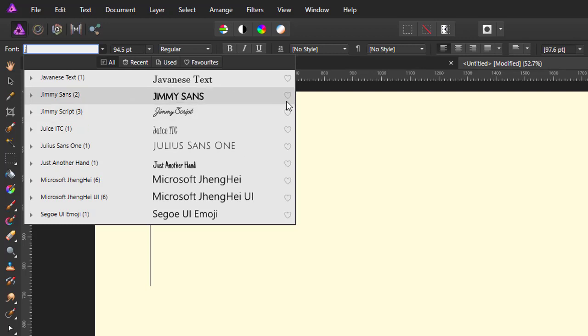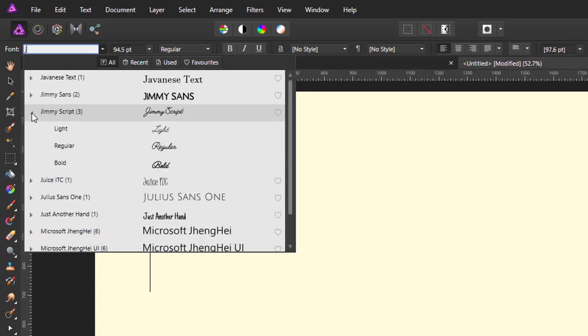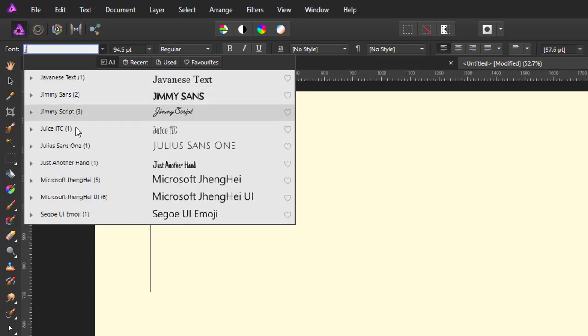And if you like that one, you can make it one of your favorites, and you can add it to your favorites list. And also, you see these numbers in brackets. That means there are, like this one here has 3 different versions. So if I click on this arrow here and make it a downward arrow, the 3 versions are light, regular and bold. Some will only come in 1 version, and like this Microsoft, however you want to pronounce it,